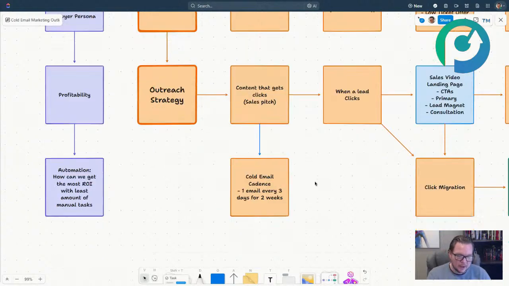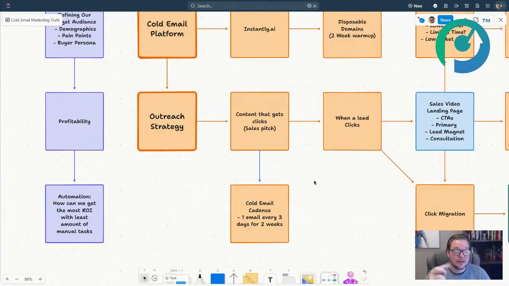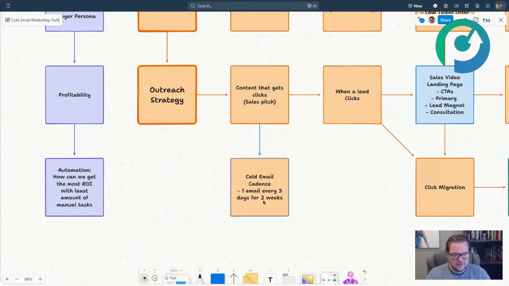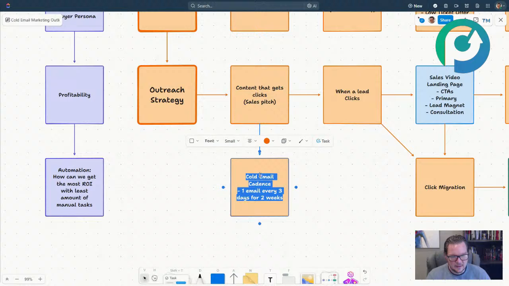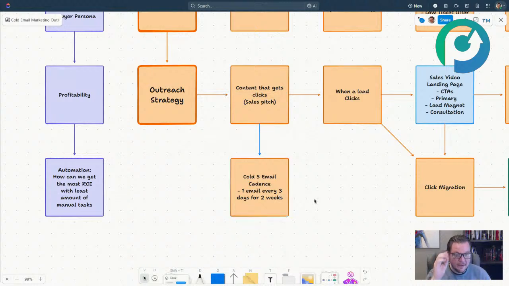So basically what we're going to do is, what would that be? 3, 6, 9, 12, 15. So we'll put 5. So basically we're going to do a 5 email cadence, 5 emails. And again, this is going to be content that gets clicks. We're going to be focusing on